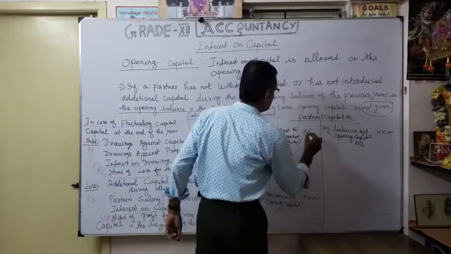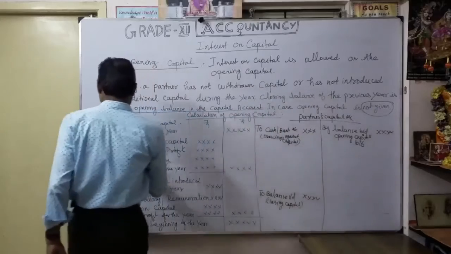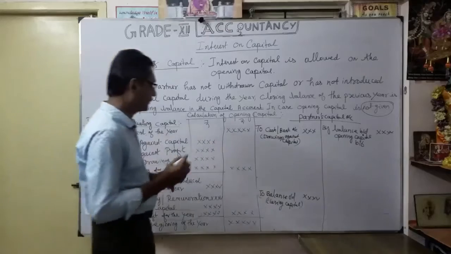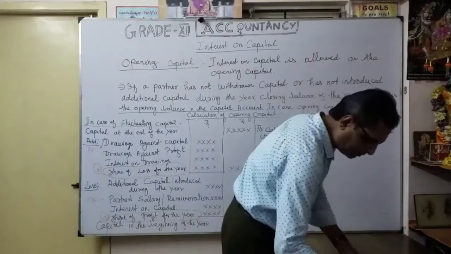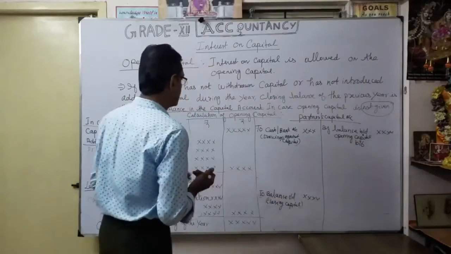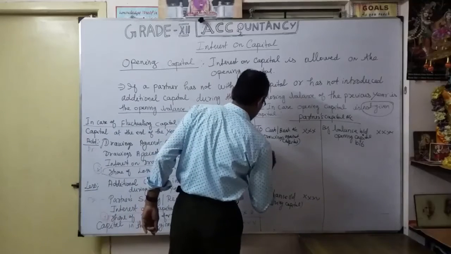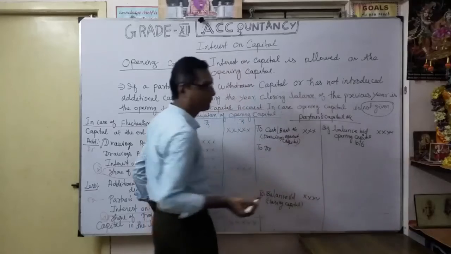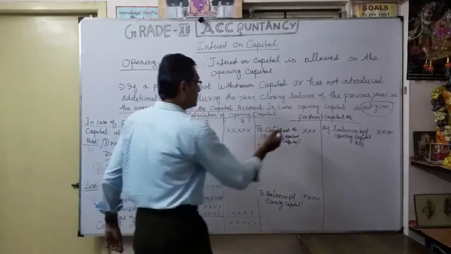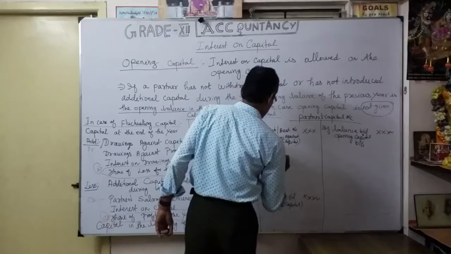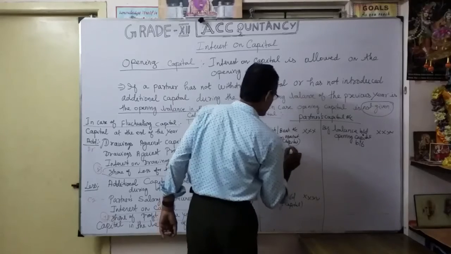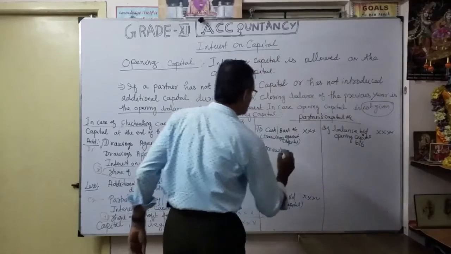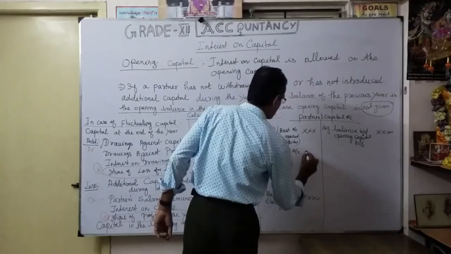Okay, that's what you are, this one. Written in the debit side. And the second one is also drawings against profit. That is also the same. You can write it as "to drawings". In the partners' capital account, we can write it as "to drawings". Whenever it is capital only, we make it cash or bank. But here, in the partners' capital account, it is written to drawings. Okay, that is drawings against profit. To drawings account. Don't write to cash or bank.